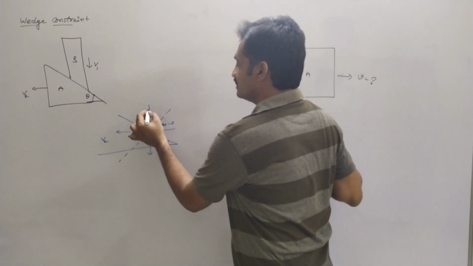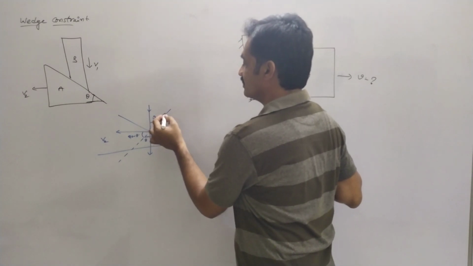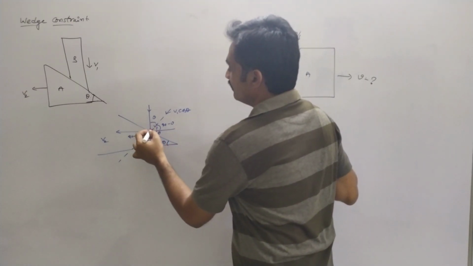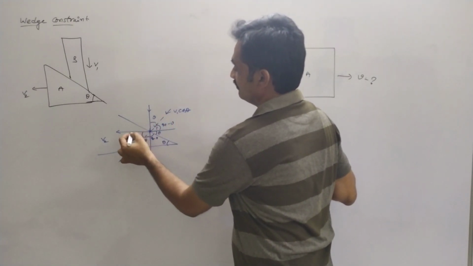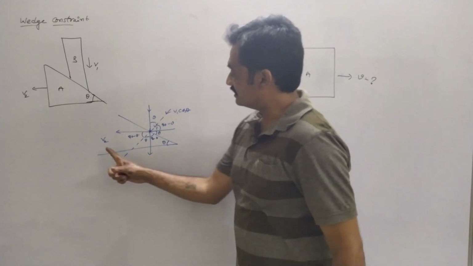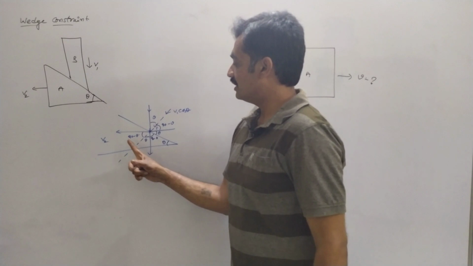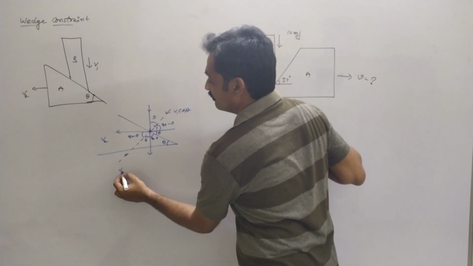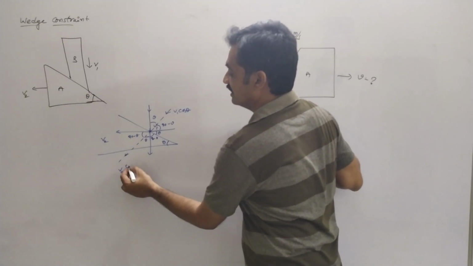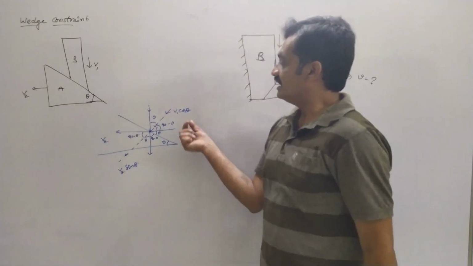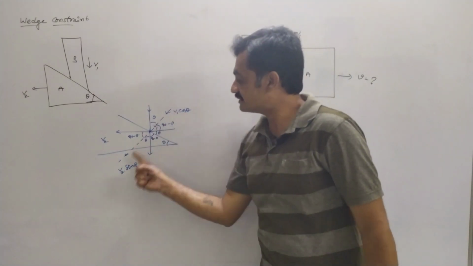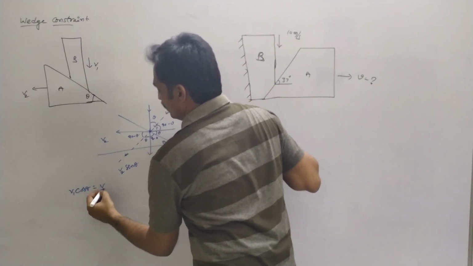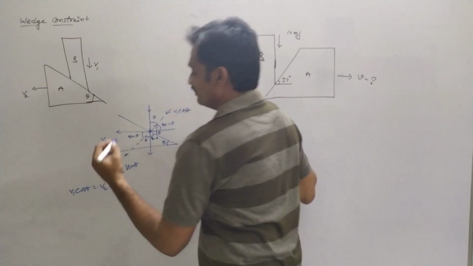So based on that, as you observe that since v1 is resolved into components, we can represent it as v1 cos theta and v1 sin theta. Now as you observe this, since here we have v2 velocity with an angle of 90 minus theta, along the perpendicular line we have v2 cos of 90 minus theta, nothing but sin theta. So we are representing that their velocities should be equal along this perpendicular line. So based on that, we can represent that v1 cos theta is equal to v2 sin theta.